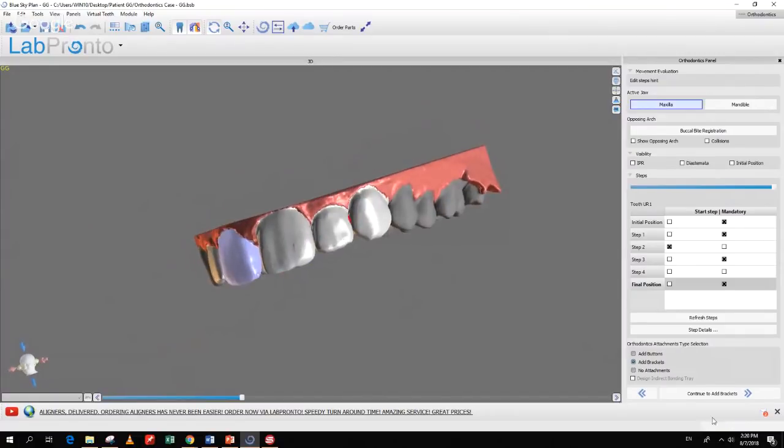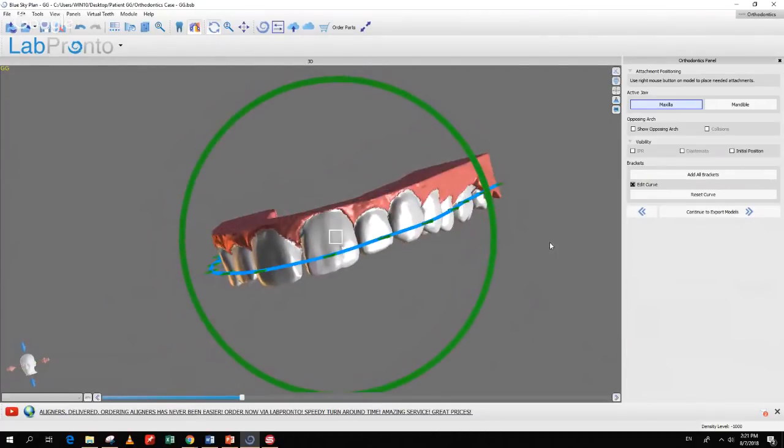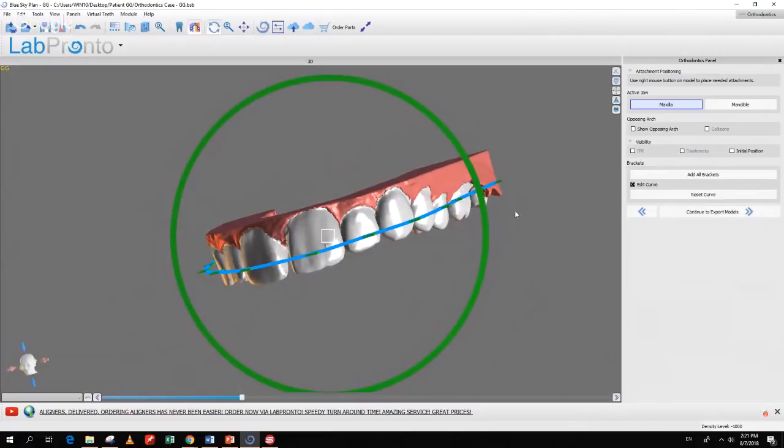So the functionality to add brackets, we simply go to the radio button, add brackets, and press continue to add brackets. The software brings up this curve going around the jaw, and this curve is going to represent the positioning of where the brackets are placed. So if we like the curve, let's accept this for now and press add all